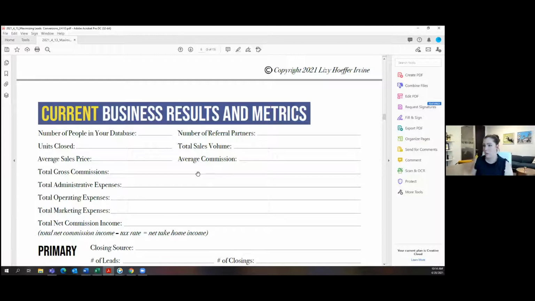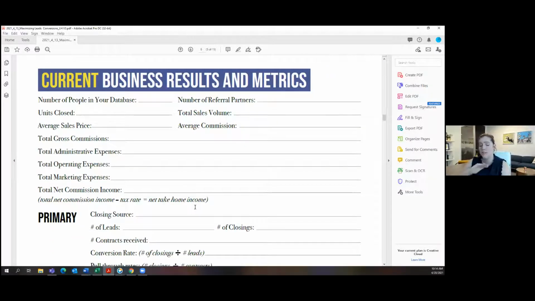So again, number of people in your database, number of people that are referring you actual leads, units closed. This stuff is super self-explanatory, but again, very important that you review. And then what I always like to do is look at trends, right? Where am I having traction? You'll notice when you gather all of this information, and I can send you a simple business spreadsheet that'll total all of this,